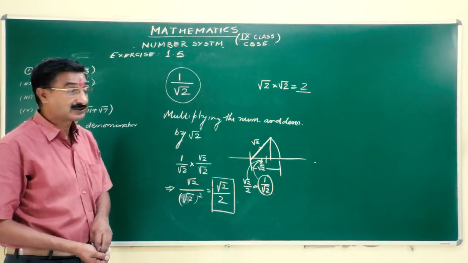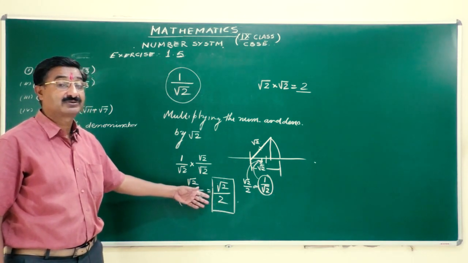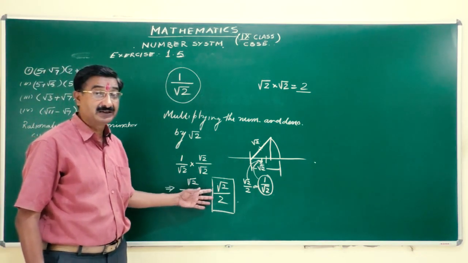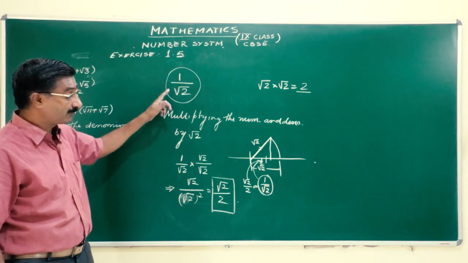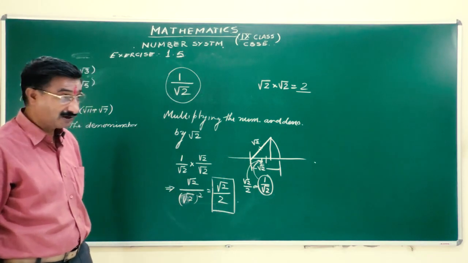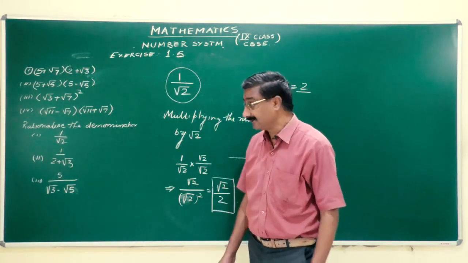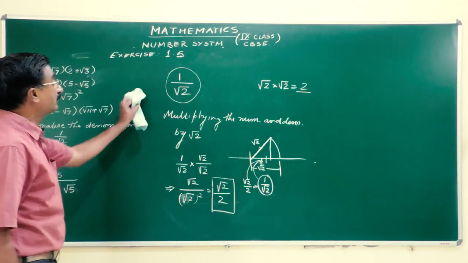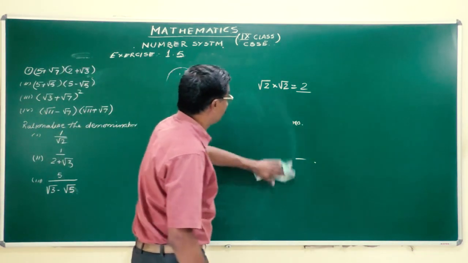Means you can understand the utility of the rationalization, why we are rationalizing. It is not just to do some exercise or to keep you busy, but it is having some meaning, so that you can mark 1 upon under root 2, which is irrational number, on the number line. Clear? This concept is clear. So now to rationalize the number, what we are doing, we can multiply and divide by the root of value. Clear? Now next,